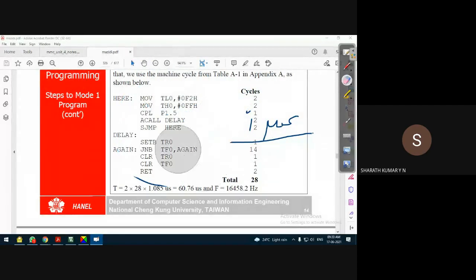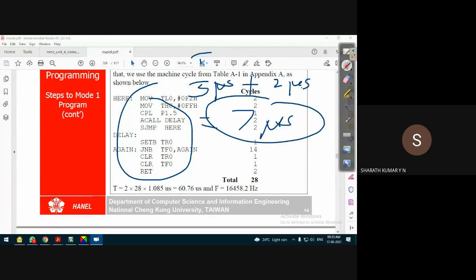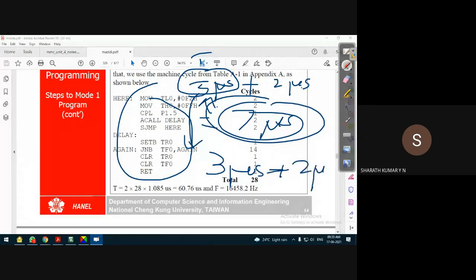For example, say we are generating a 5 microsecond delay using the timer, and the program execution takes around 2 or 3 microseconds. This becomes a 7 or 8 microsecond delay. So this is not an accurate method of generating the delay. We have to generate a lesser delay using the timer. Instead of 5 microseconds, generate a 3 microsecond delay, with 2 microseconds due to program execution. I'm taking an example. Then it will be close to a 5 microsecond delay.